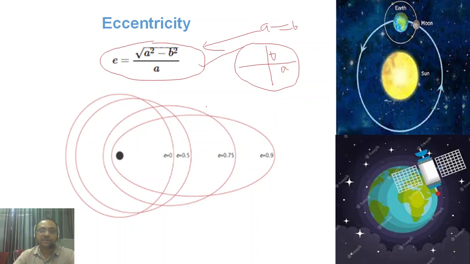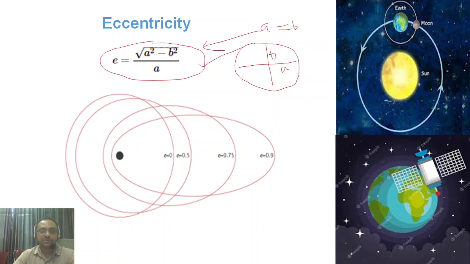Since both A and B are equal, whereas the value of eccentricity of an elliptical orbit lies between 0 and 1. If we consider an elliptical shape of an orbit, the eccentricity lies between 0 and 1. The maximum value of eccentricity is 1 and the minimum is 0 for a circular shape.